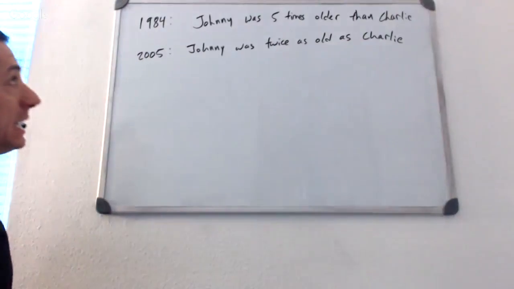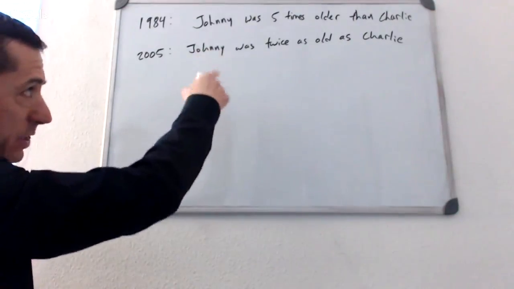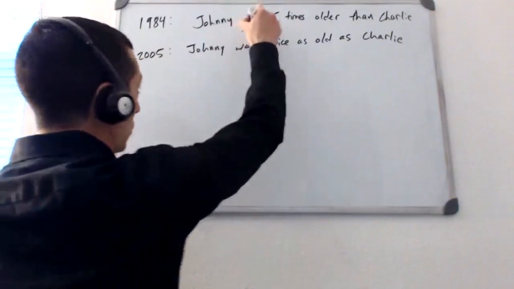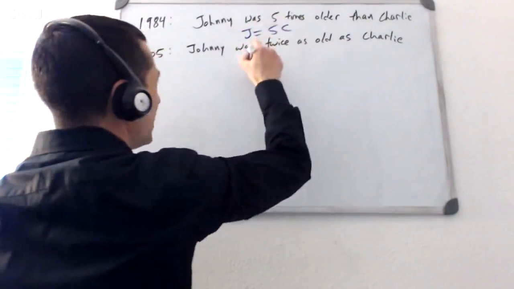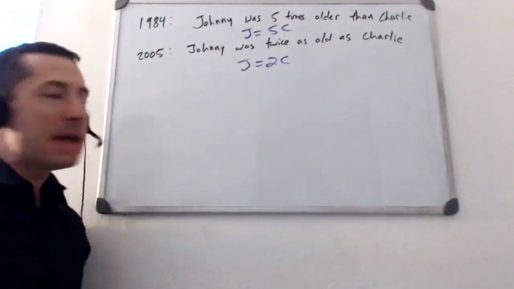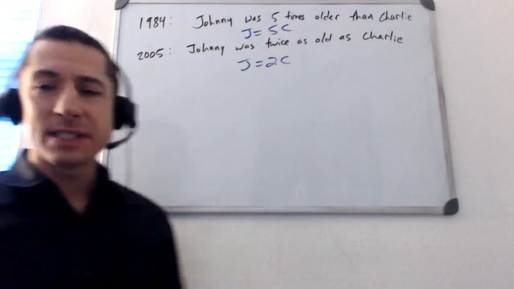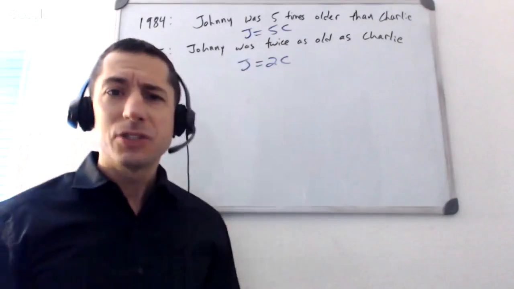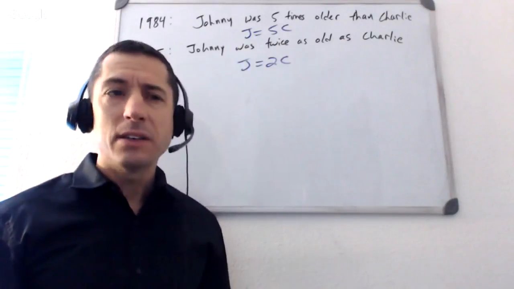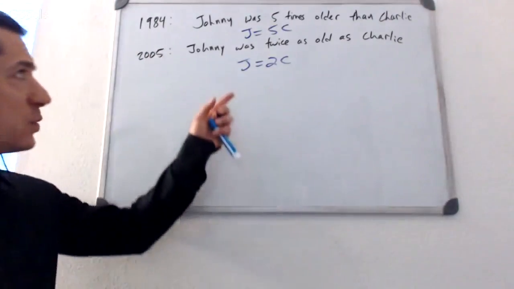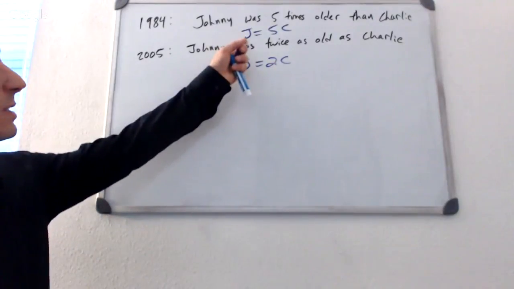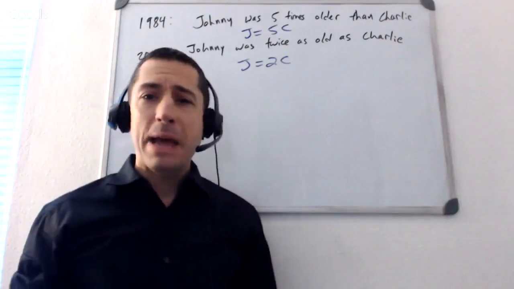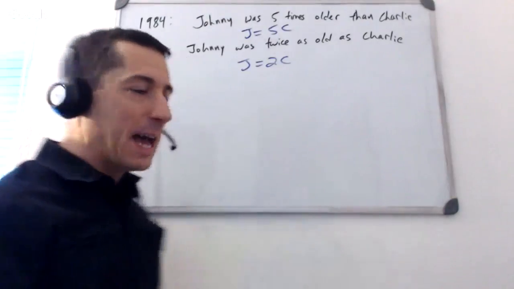What are they? In the bad version of this question, I'll write these back up real quick. What did J mean? J meant 2 different things. And I'll ask my students this sometimes if they're struggling. Like, what's J? Johnny. Johnny's what? Johnny's age. Okay, well, Johnny's age when? You're telling me that Johnny was an age of J in 1984. He was still J in 2005. Bad news for Johnny. Johnny aged in this time.